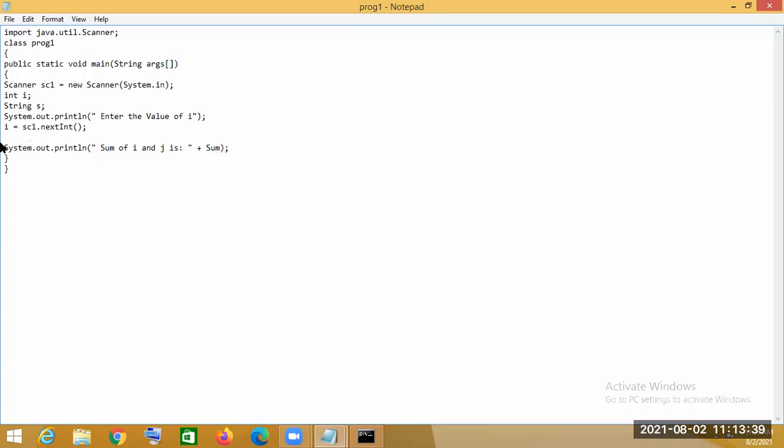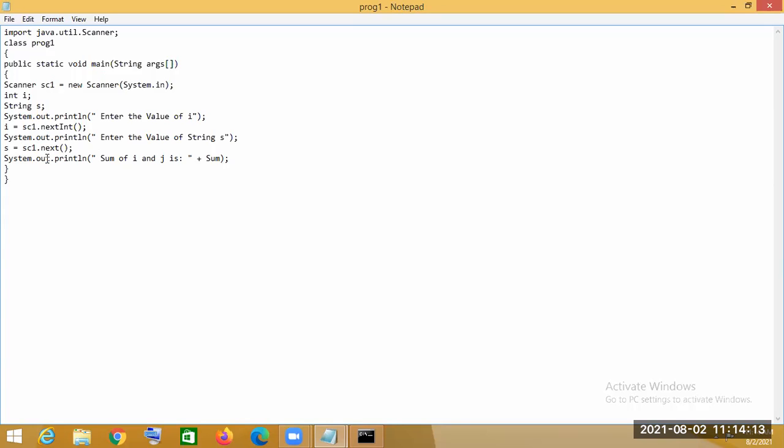Same as that, I am copying that. So we have to take the string value also. Enter the value of string s. For string we will use the next method.